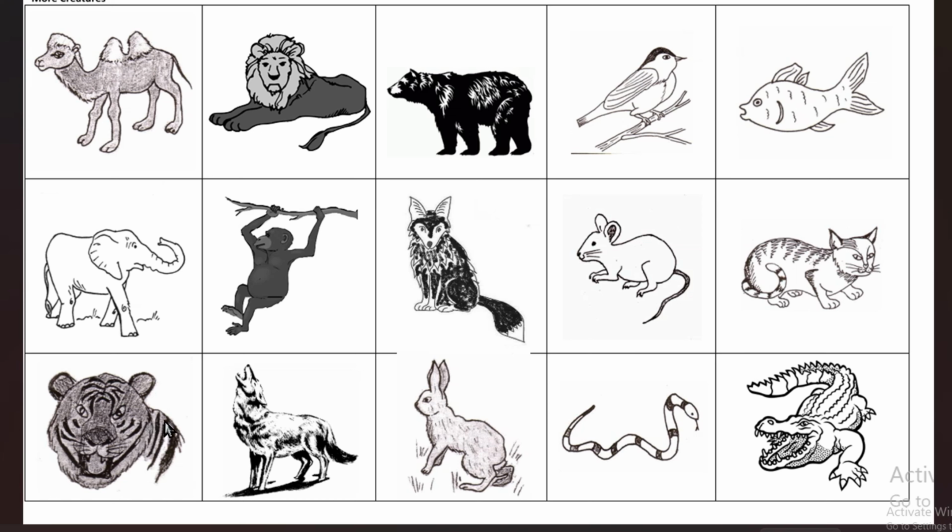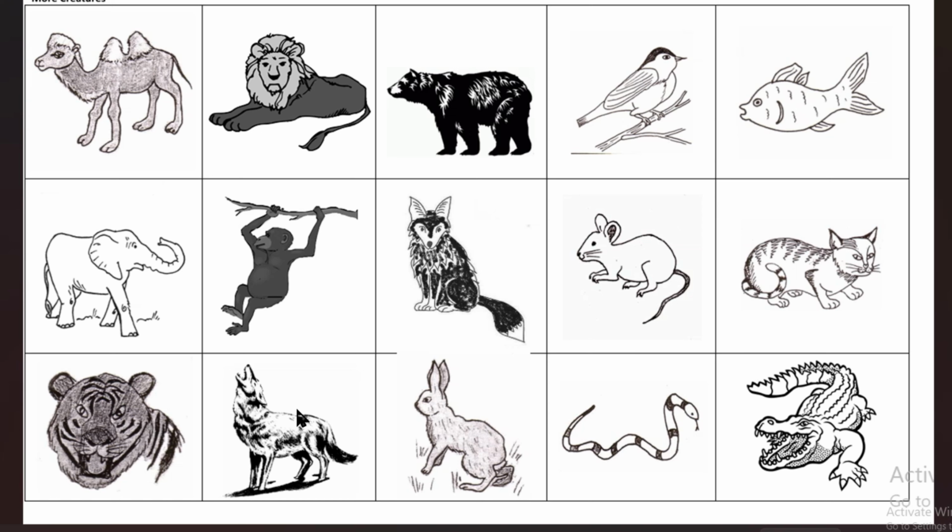Okay, the next one. ایچی است؟ What is this? ای پلنگ است. پلنگ. I think in Iran they say babar, but we say palang. پلنگ خطرناک است. The tiger is dangerous.